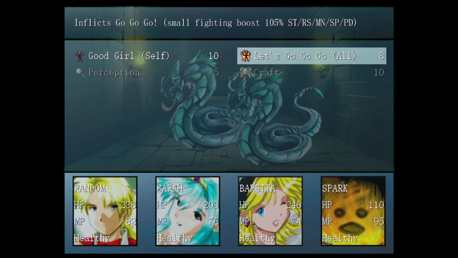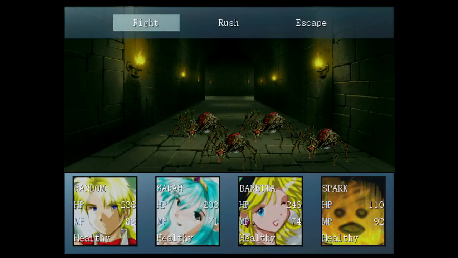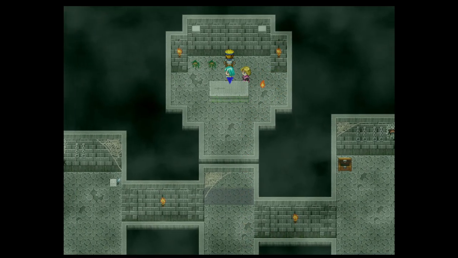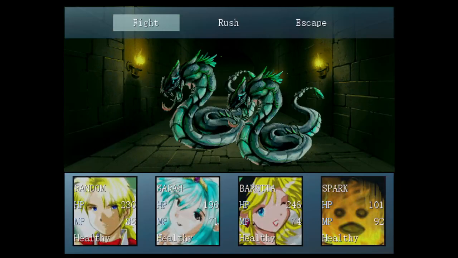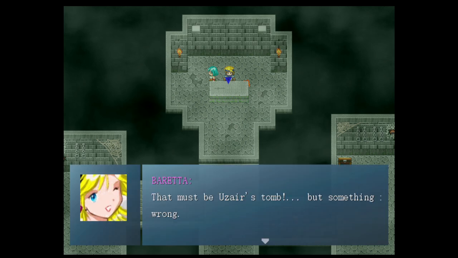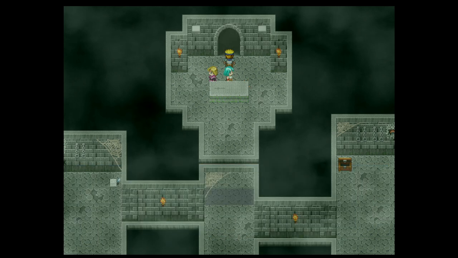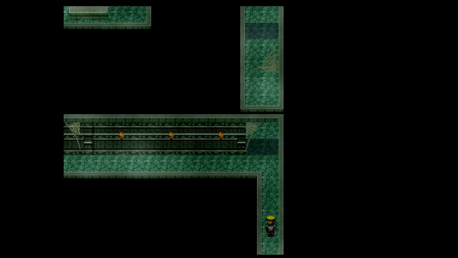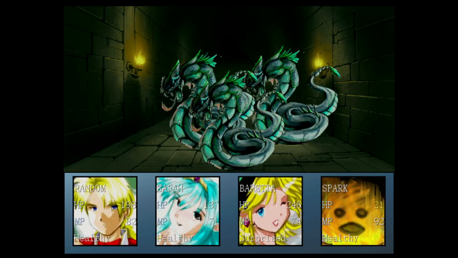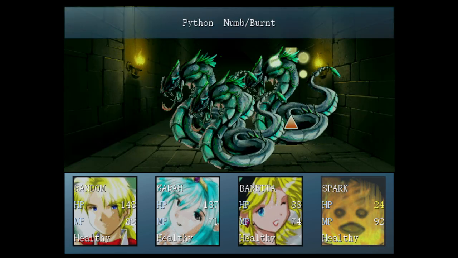Alright, and another fight. Right. Sorry, as I was saying, we will have to be a little bit careful of what we're doing, because it's not always as easy as it seems. Chrysalis Twister luckily does very good damage to most of the enemies in this area, but it only affects snakes or serpentine enemies. So for example, in this one, imagine that the small spiders hadn't all escaped. You'd actually have some trouble with Chrysalis Twister, because it wouldn't...